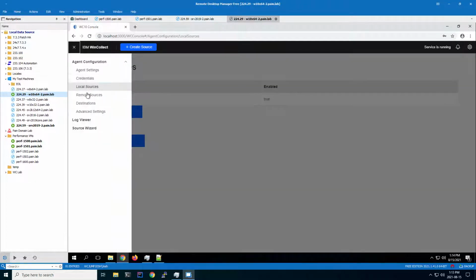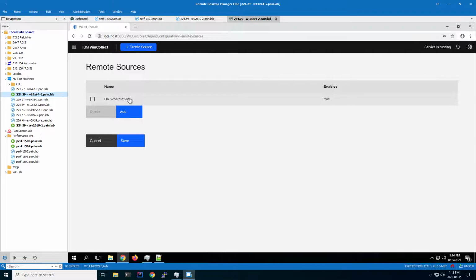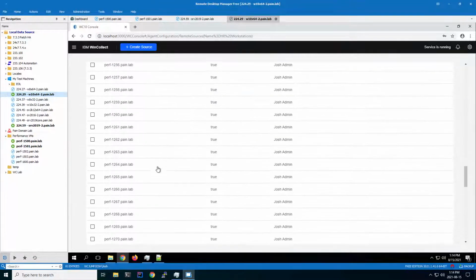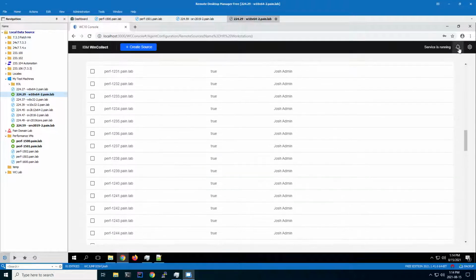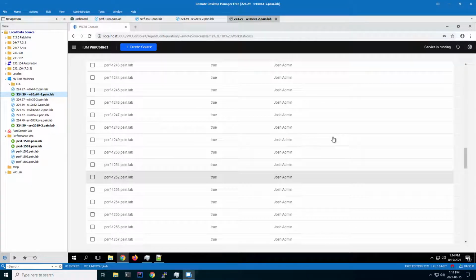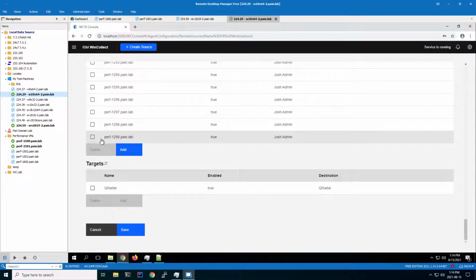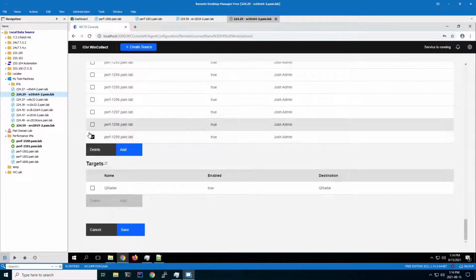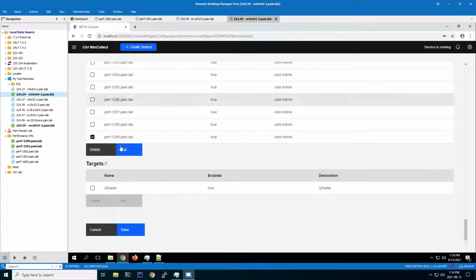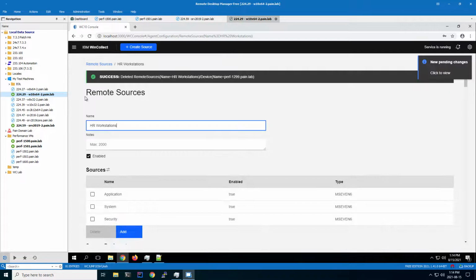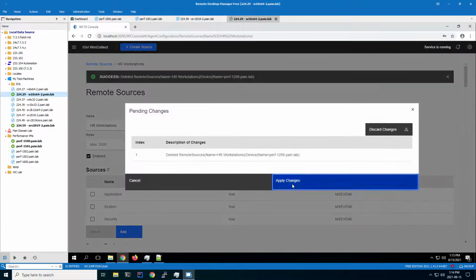Let's see if we have the remote sources here. So we do have the remote sources here. Let's just use the example here. I wanted to explain this notification option up here. Say I want to remove perf 1299: I select that device from the list and click delete. I'm going to say yes, I want to delete that. Then I'm going to go up in here. You can see this new pending changes. So if I click on that and I hit apply changes,